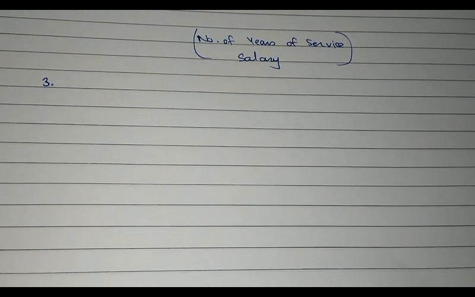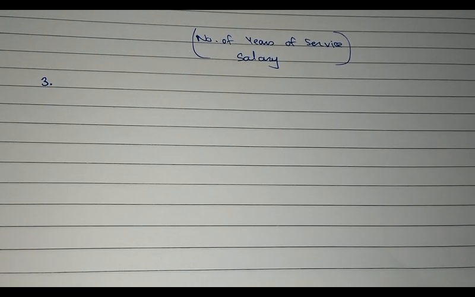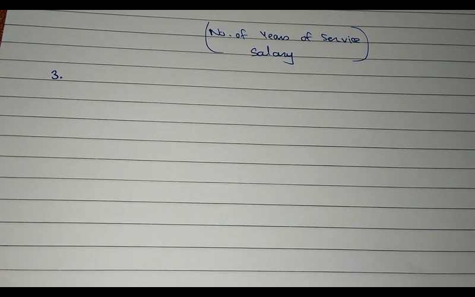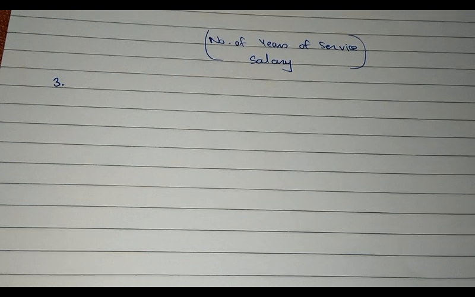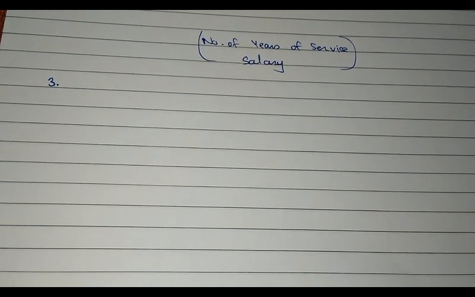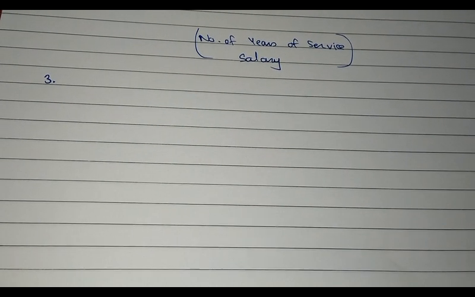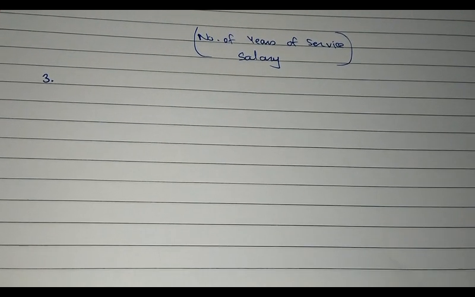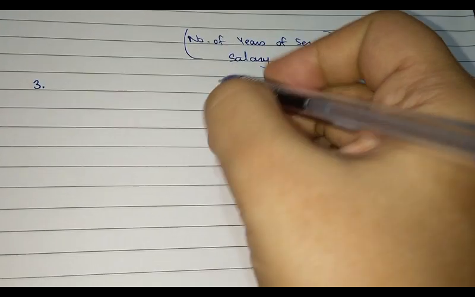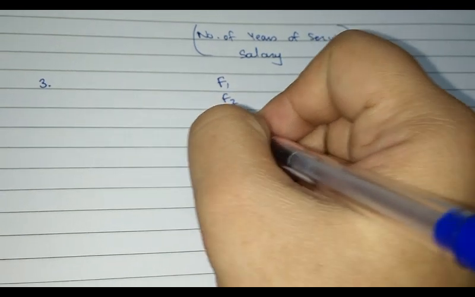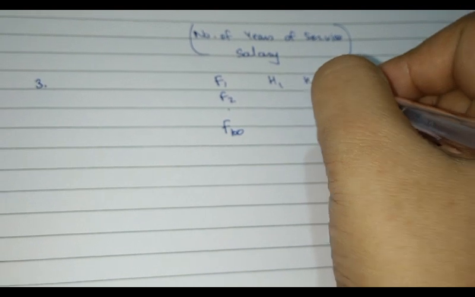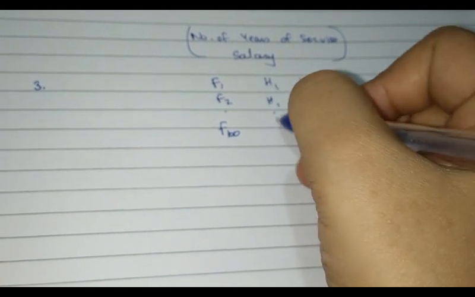One classic example is if you are measuring heights of adult siblings, and you want to see whether the firstborn and the secondborn, assuming both of them are sons, have the same heights. When you want to check whether the firstborn and the secondborn sons have the same height, you mean the firstborn son from a particular family. So if you have data on 100 families, F1, F2, up to F100, here height of first son and height of second son, again height of first son, height of second son, and so on.